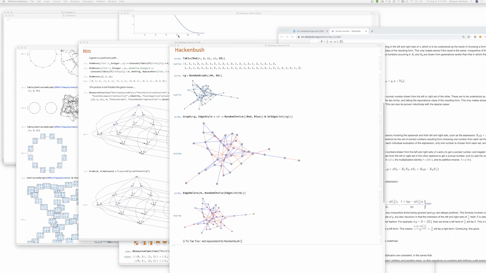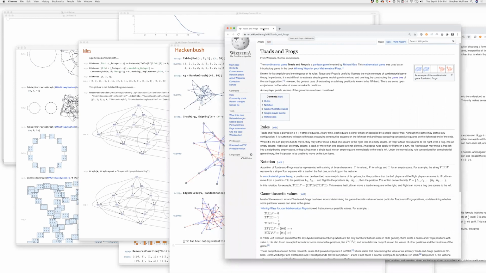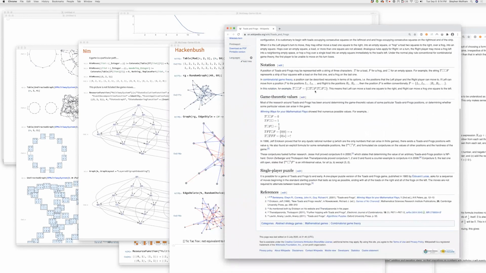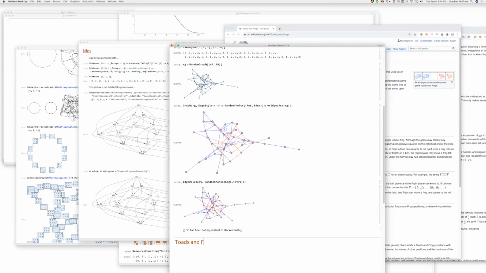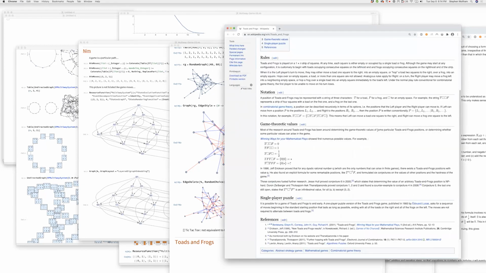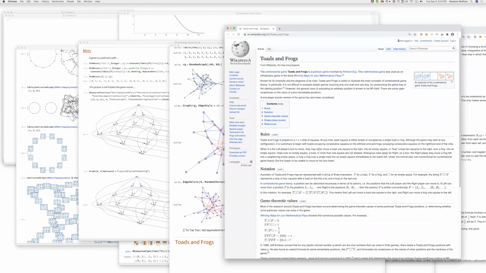By the way, Gecko on our live stream suggests Toads and Frogs as an interesting game. How does Toads and Frogs work? Basically, you can move one or you can jump if the space beyond an opponent's frog is empty. So it's a one-dimensional game. Uh-huh. And determining the value of an arbitrary Toads and Frogs position is NP hard. Great. But so the question then is, I mean, that's interesting. I like these things that are one-dimensional because you can,